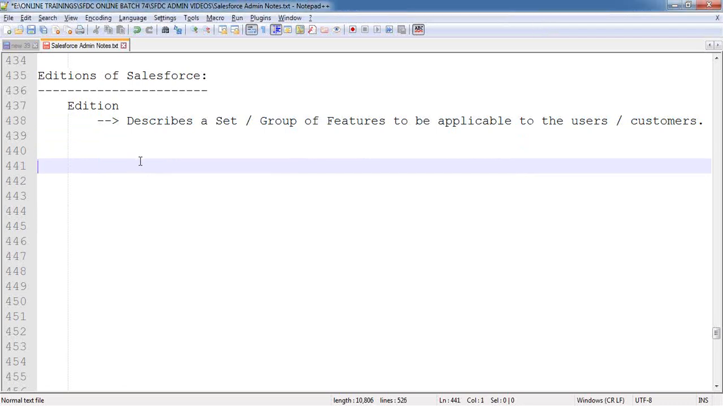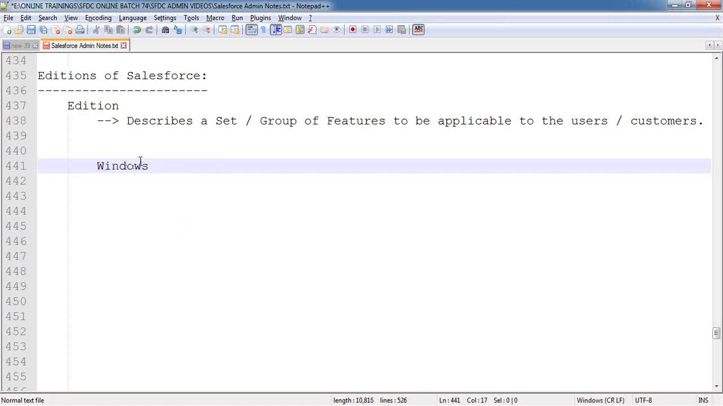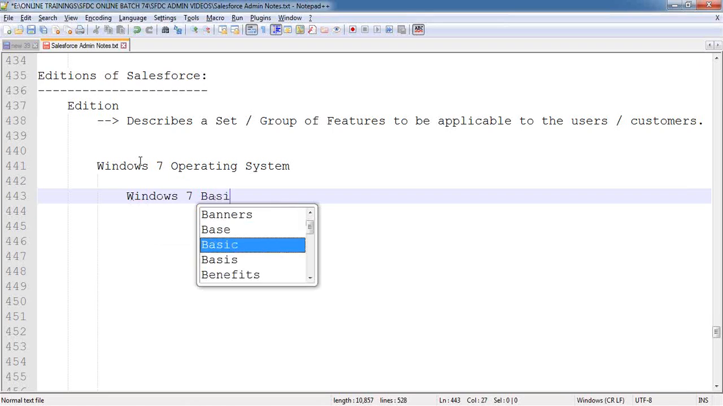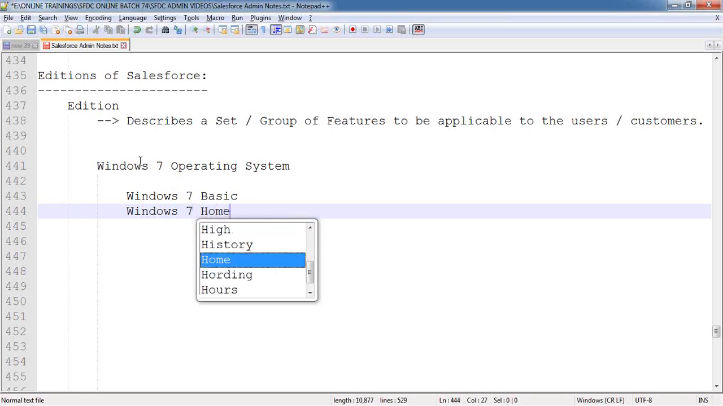Now, in this case, suppose for example, I'm using the Windows 7 operating system. Do we have any editions inside this Windows 7 operating system? Yes. What are those editions? We have Windows 7 Basic Edition and the Windows 7 Home Edition,